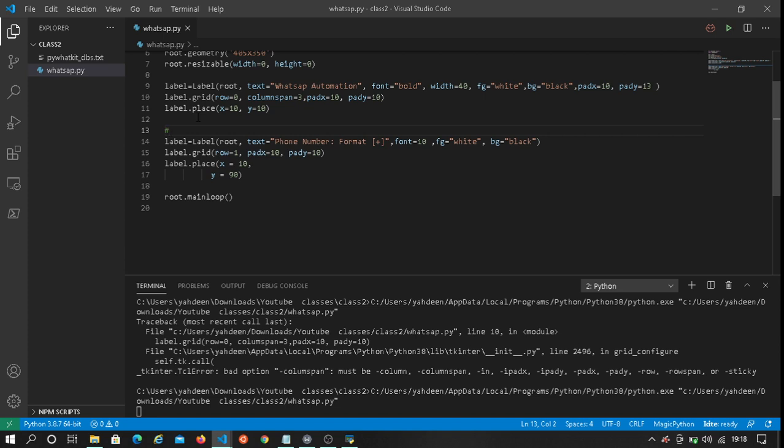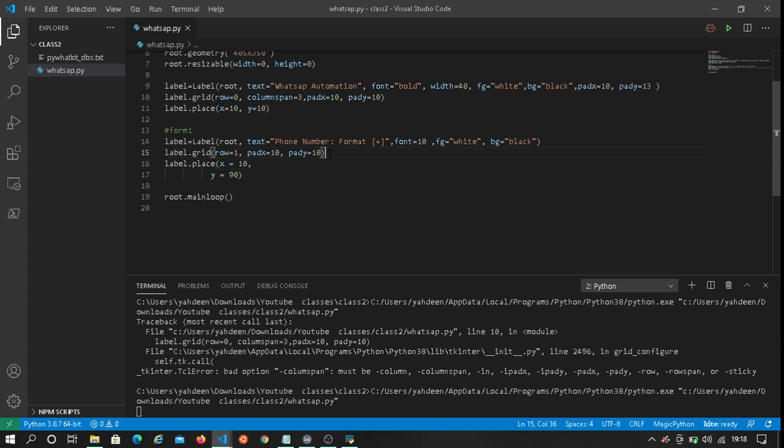So here it will be form number 1. As you can see here, the label. Here we want to create a label for where we place the phone number. This project will basically need the phone number, the message, and the time that you want to send the message. So I created this label. It's just basically like the first one.